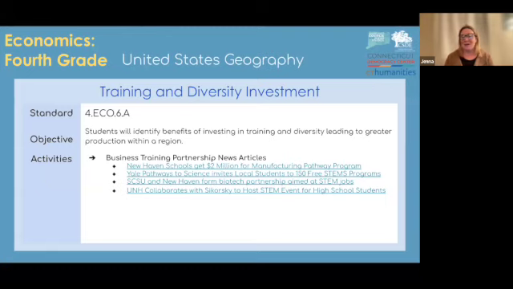So this could be done just looking at your area and finding articles about how that can happen. You can then have the students read the articles and pick out all of the benefits, because as we read these articles, they want to talk up, they want to sell the benefits of this partnership that is happening. So you could have the students highlight the benefits and then create different diagrams about all of them. I'm thinking about the word cloud, and they could be putting in and really visualizing all of the wonderful ways that investing in training and investing in our youth will benefit the workplace going forward and the innovation that we